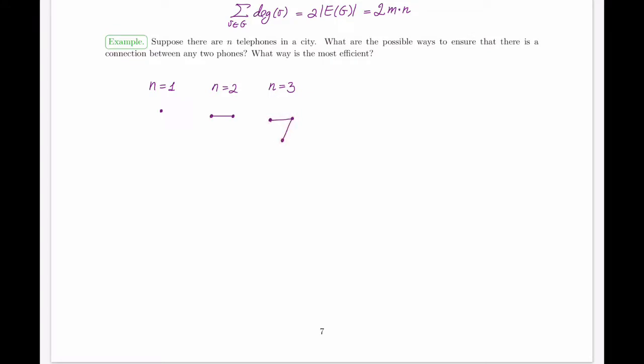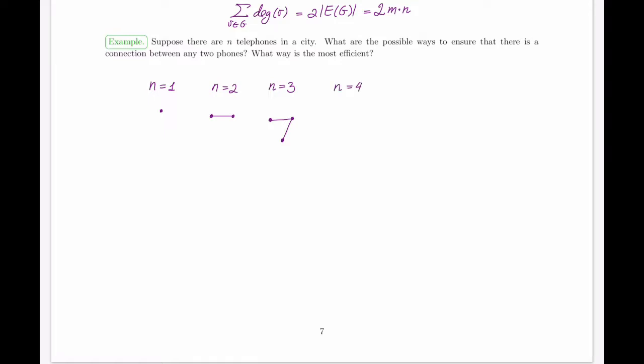So in the old days, old even for me, the connections were established through the operator, right? So your sort of middleman is the operator here that was connecting one person with a phone to another person with a phone. So the connection here doesn't mean direct one-edge connection. It just means connection such that I can go from one vertex to the next, potentially through other vertices.